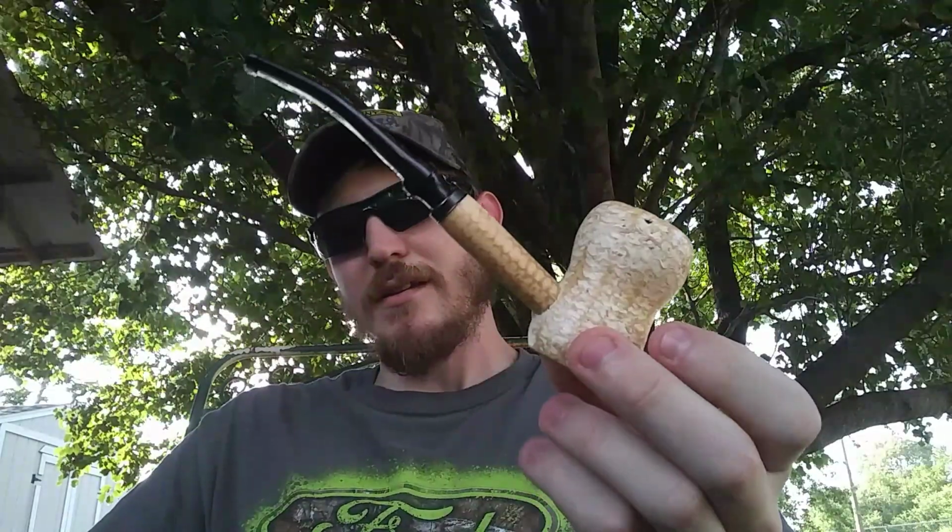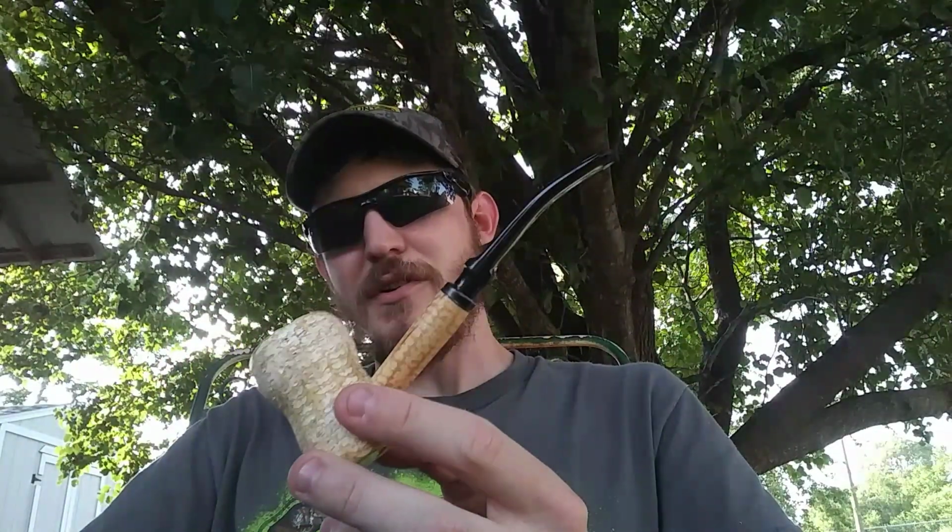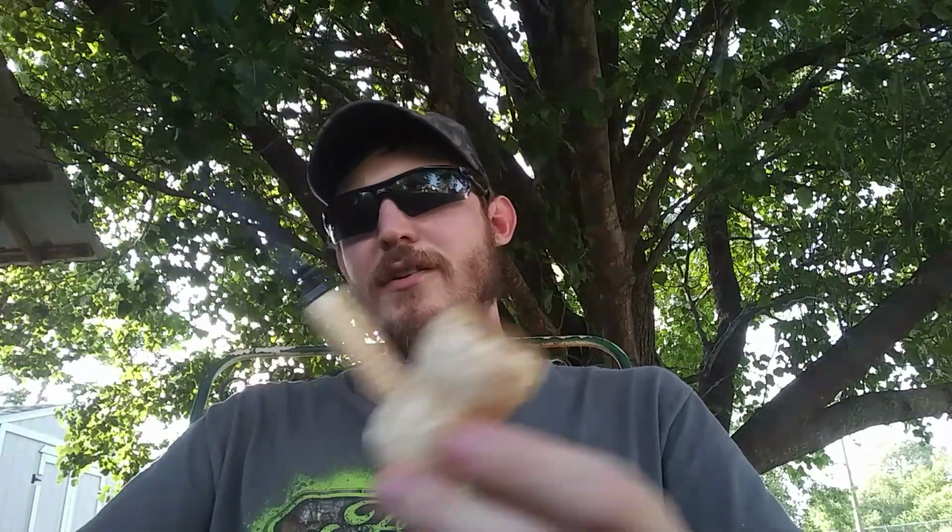And I was thinking about getting all the different shapes of the Missouri Meerschaums. Have a different shape for each flavor. Like maybe this one could be the vanilla or whatever, or the Patriot could be cherry, Country Gentleman could be maybe whiskey flavor or liquor flavor or whatever. But you get the idea. So I'm going to start picking up a few more of these corn cobs